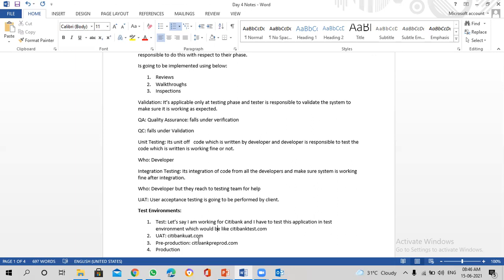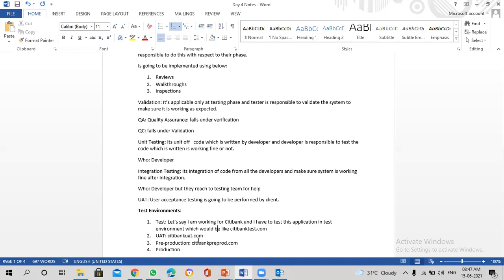So why we are not able to reproduce is the question. And how can we fix it if we are not able to reproduce it? That's another question. So here, when you say the end user is facing it, in which environment? The production environment. In which environment did we test? Test and UAT. We are not able to reproduce. Why is it not able to reproduce?